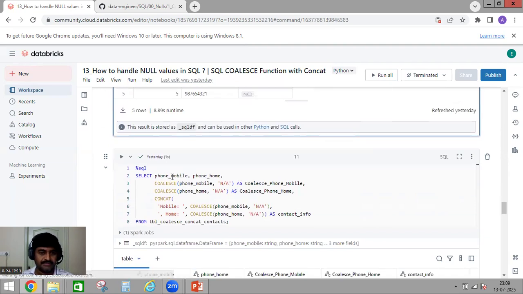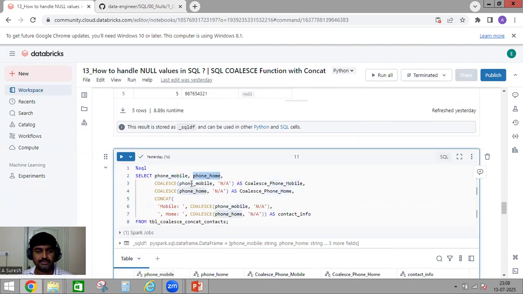I'm calling this phone mobile and phone home, two columns. And here, first I'm doing COALESCE. Why I'm doing it separately is to understand this one. So our actual query is this one. So concat, and in concat first I want to get mobile. So mobile,